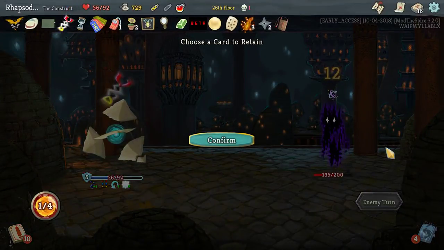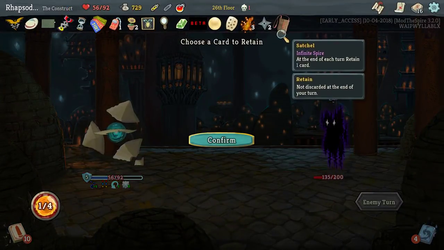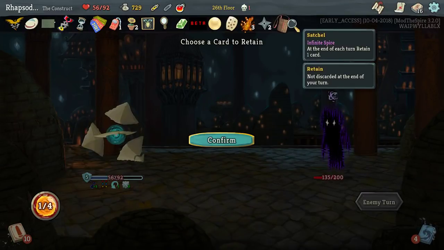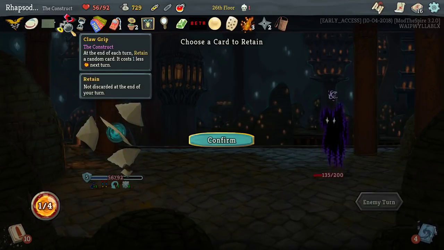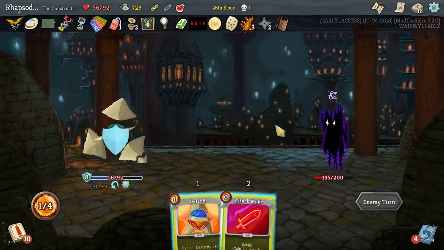Yeah, this is a problem that I've actually encountered before with the satchel. I think it's born of the fact that it detects that there are cards in hand, but it doesn't know they're already being retained. This was previously fixed by the Claw Grip, which also would try to retain cards that we're already retaining, but doesn't do that anymore. This is trying to let me select, and there's nothing to select, so...